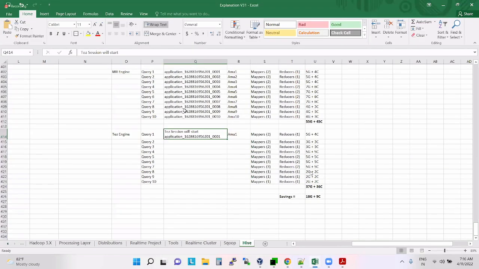When it comes to the MR execution engine, for every job we will have a separate application ID, a separate application master, and separate mappers and reducers. But when it comes to the Tez execution engine, whenever you run your first query, the session will start. You will have an application ID, and this session will be up and running